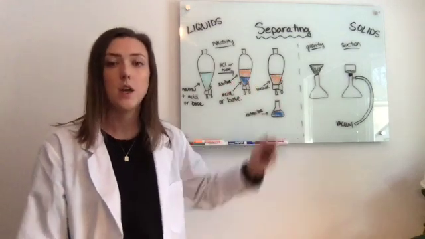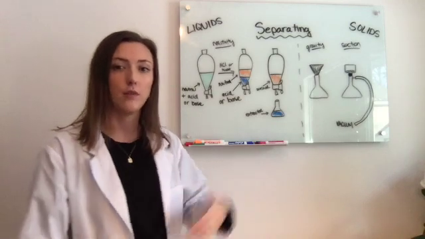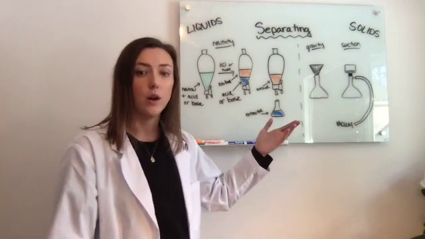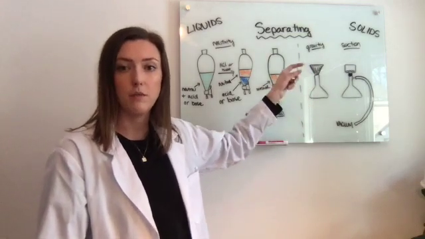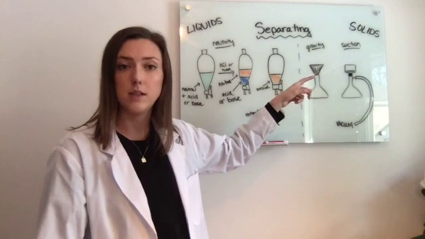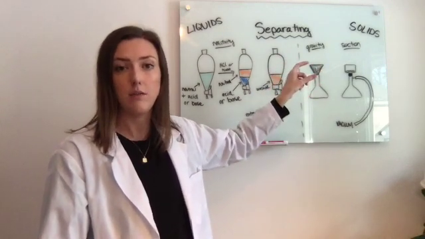And for solids, you will use something called filtration. In the lab, we use two different types. We have gravity filtration, where you are just allowing gravity to do its work. You put a stemless funnel into a flask and a folded piece of filter paper into the funnel, pour the entire solution in, where the solids are going to be caught in the funnel and the liquids are going